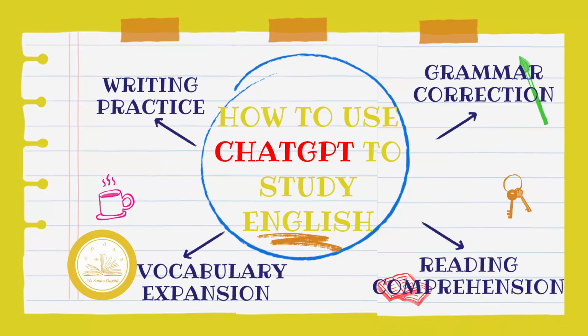Way number 4, reading comprehension. For reading comprehension, share excerpts from English tests or articles with ChatGPT and ask it to summarize the content or explain any difficult passages. This can help you improve your reading comprehension skills and expose you to different writing styles